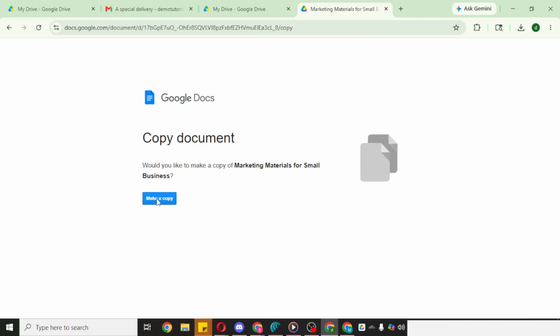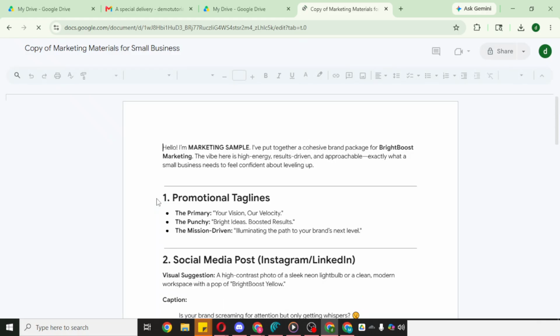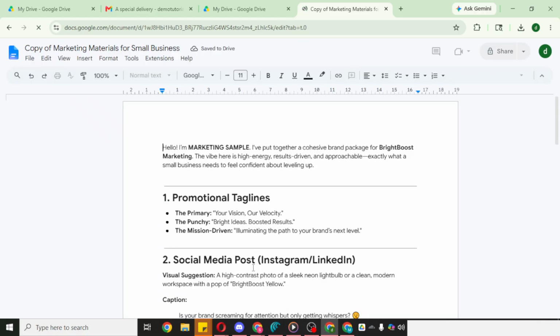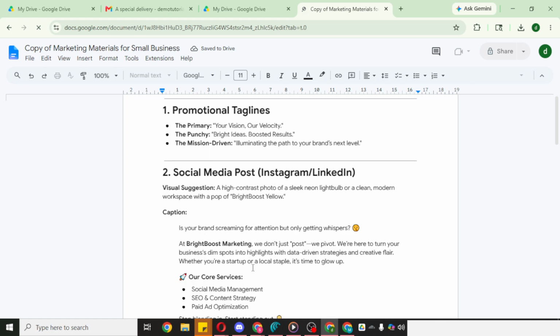When someone opens it, they won't land on your original file. Instead, they'll see a Make a Copy prompt. They just click the button and Google Drive instantly creates a personal copy in their My Drive. Your original stays untouched, which is perfect for templates, assignments, or standardized documents you want others to use without altering your version. A quick tip: keeping the permission at Viewer is usually best.